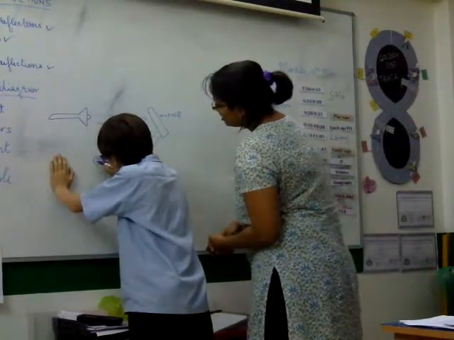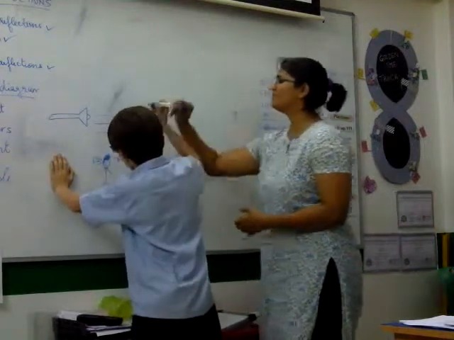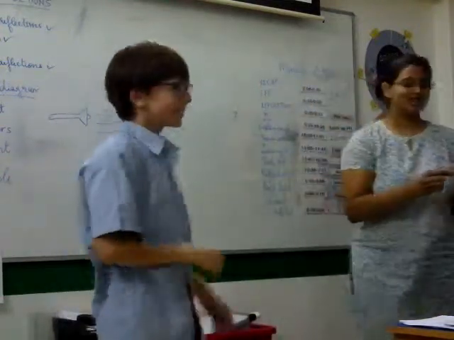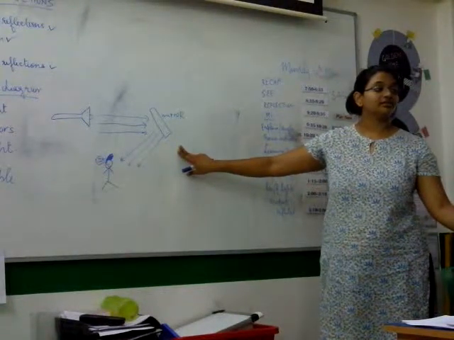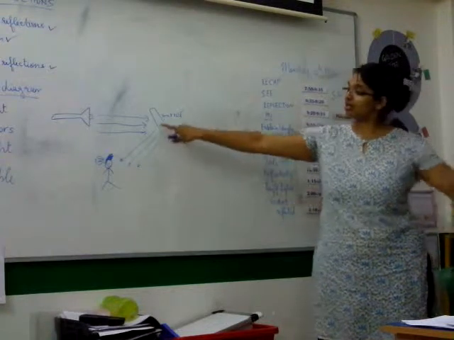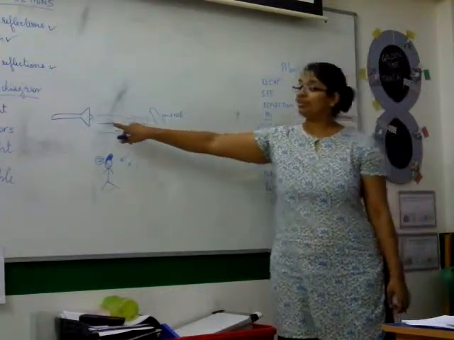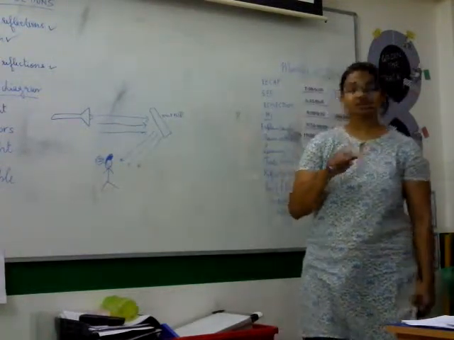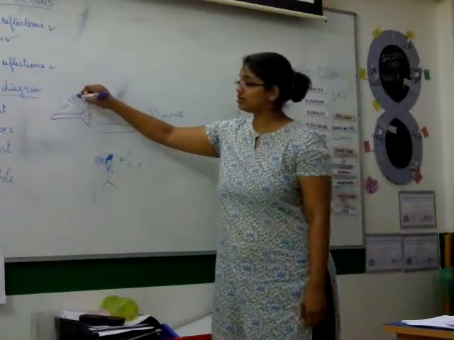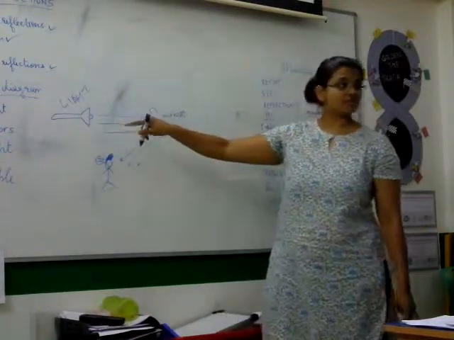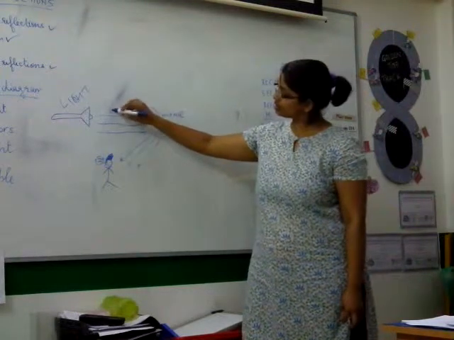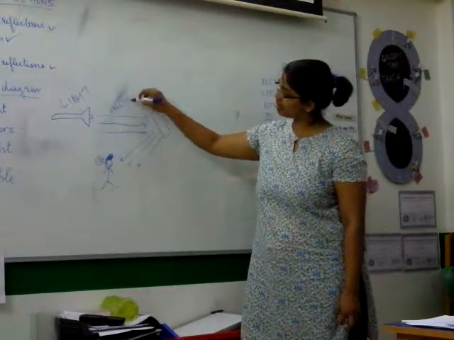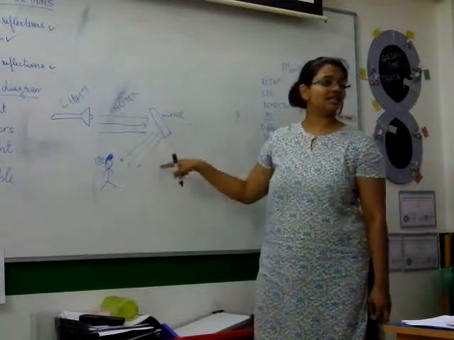I can't read that. Okay. Now, I'm going to ask you, Neha, which is the important thing? Which one? This one or this? But where's your light source, Neha? This is the light source, no? So the incoming should be coming from the light source. Aishwarya? Okay. So this is your incident ray or incoming ray. And which is the reflected ray?